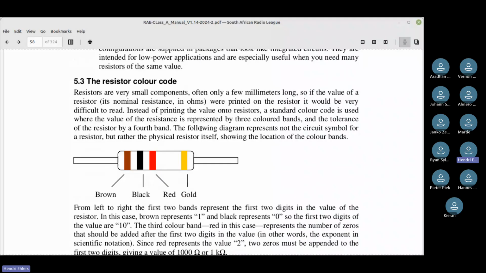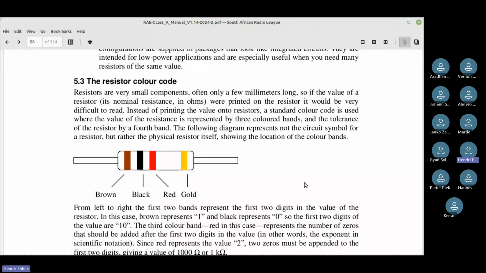Right. Then we move on. The reason why I'm going very fast through this is that this is stuff you can read and understand. When we get to the maths, that's where the real things start to happen. Resistors are very small components, a few millimeters long, and they are probably the most irritating little things, but you can't go without them. Right? That's not written in the book. That's just from my personal experience.